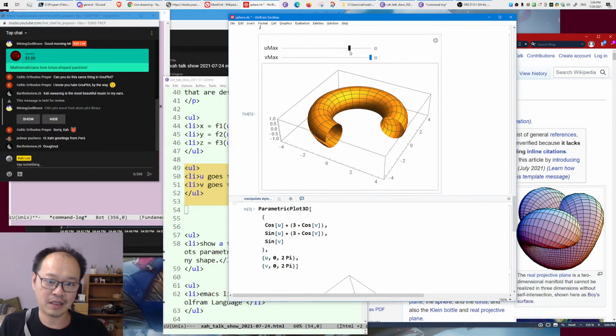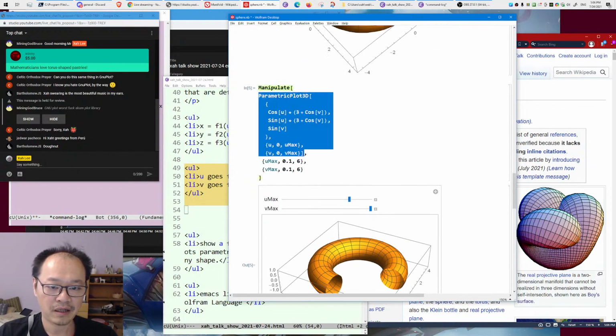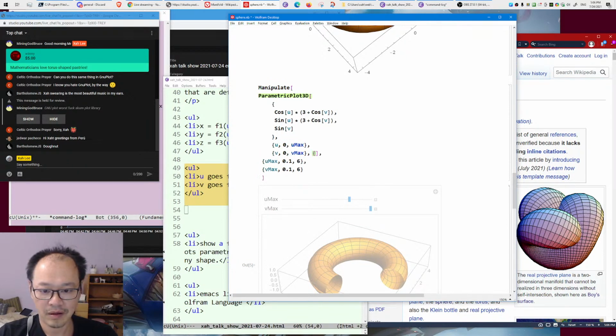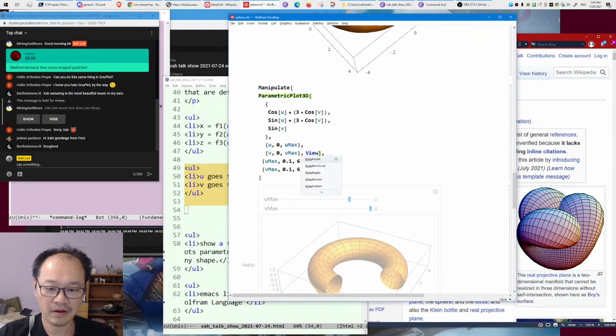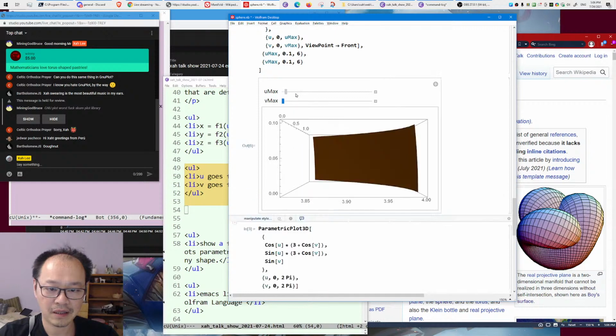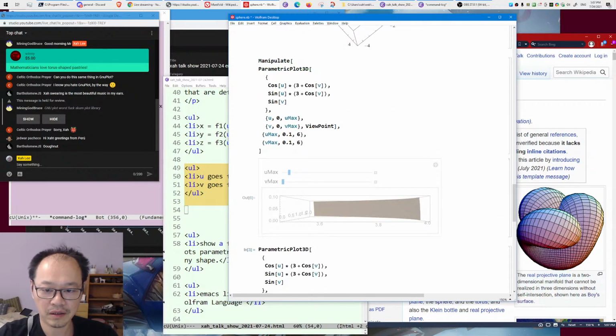So what we want is to fix the viewing angle. We can do that by an option in ParametricPlot. What is the option? I don't remember. Let's see. Viewpoint. Okay, so there it is. Viewpoint. Let's say Front. Let's see what happens. So this is the option. Okay, that's not good. Viewpoint. We don't want Front. We want